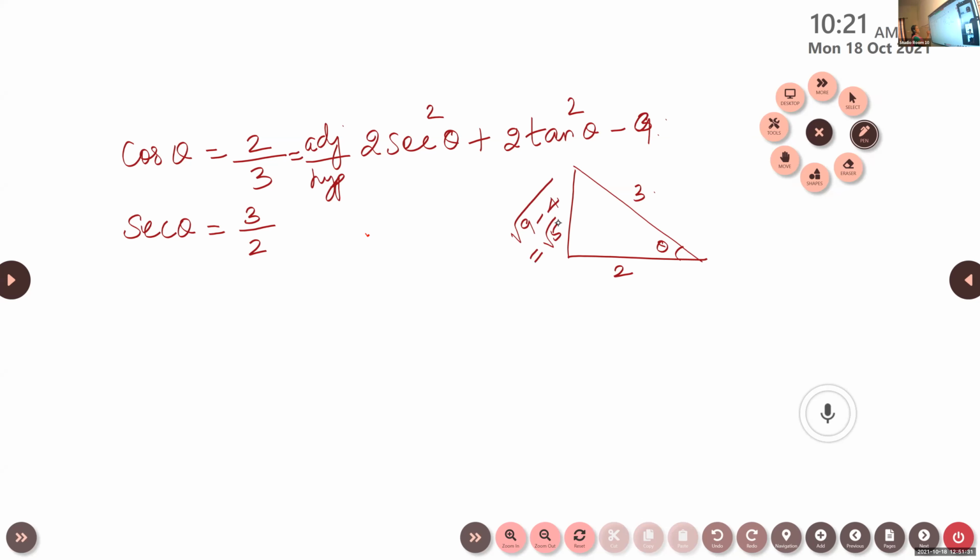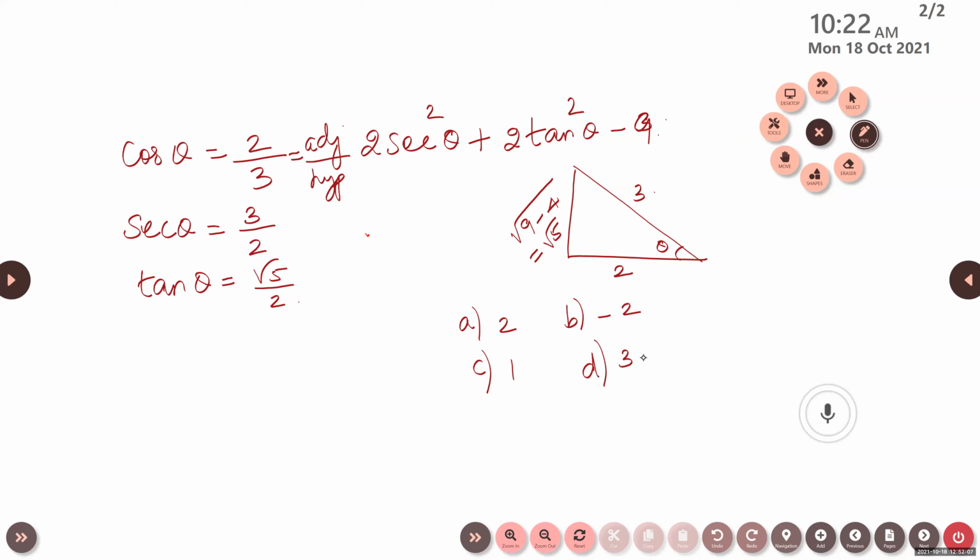So now substitute it. What will be tan theta? By definition, tan is equal to opposite by adjacent. Is it correct, Anne-Marie? Yes, ma'am. Now substitute this and find out what is the value. Four options are given. A is 2, B is minus 2, C is 1, and D is 3. Calculate and check your answer. What is your answer? Is it A, B, C, or D?